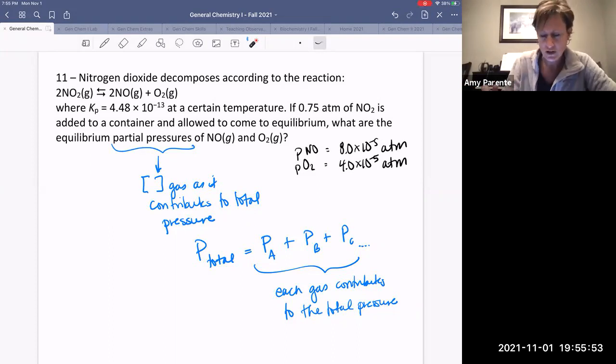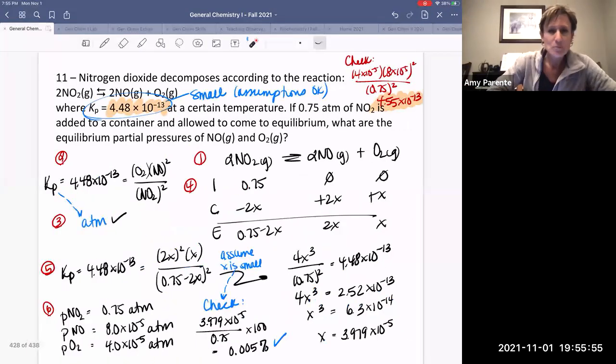So again, pieces that we have here, there's a lot that's kind of written down here. So kind of highlighting some things that I already said in words. KP is very small. So when we see these small equilibrium constants,